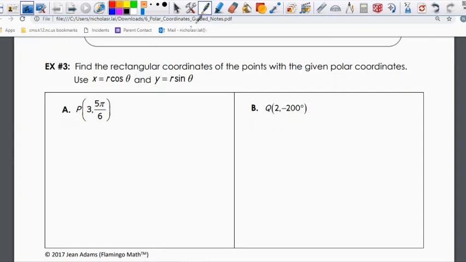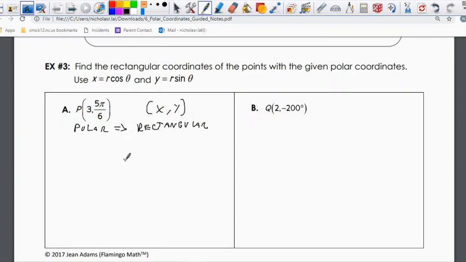So we're converting to rectangular, and to convert to rectangular coordinates, we just need to convert from polar to rectangular, and rectangular is in the form